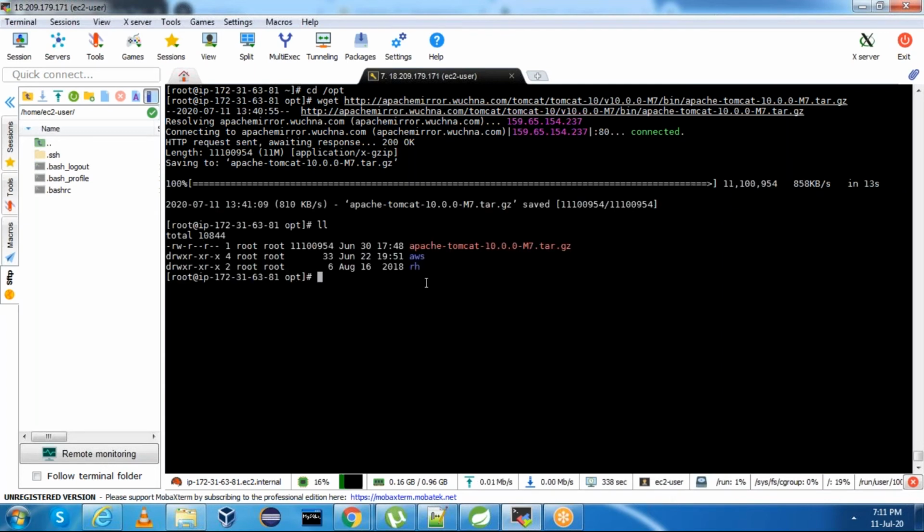Now extract the Tomcat folder, tar xvf. Tomcat is extracted.